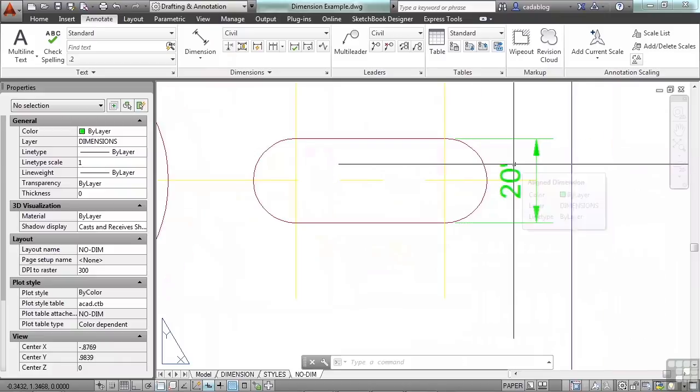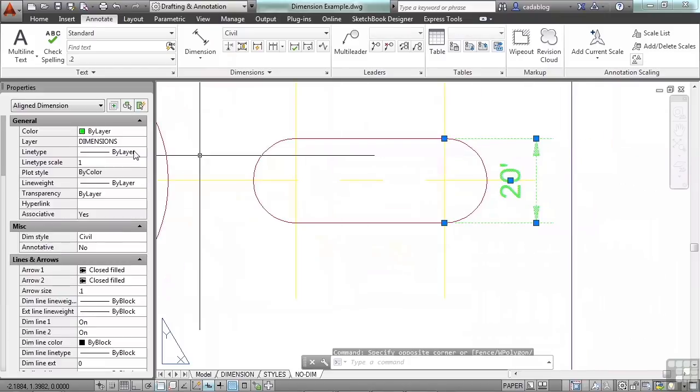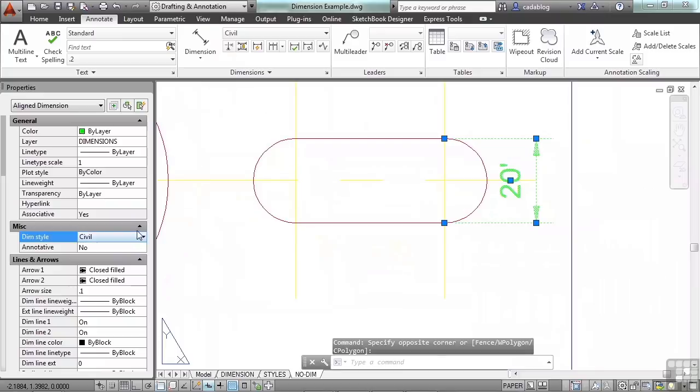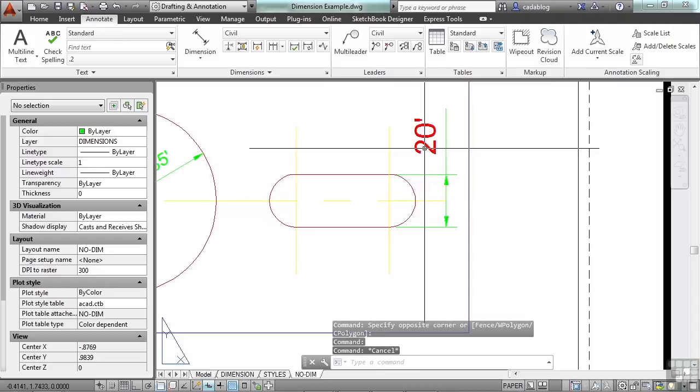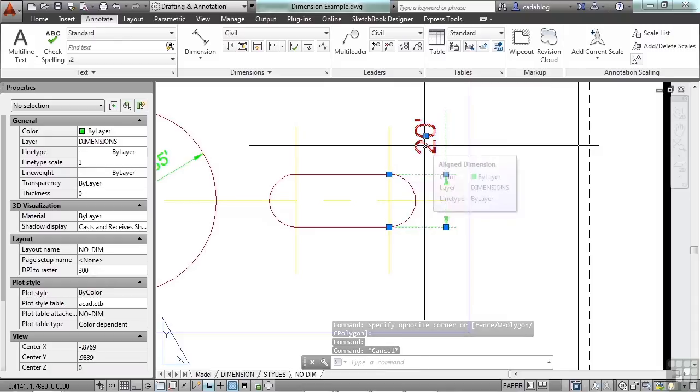We have our smaller dimension. It fits right in here. But if we select it, let's change the style to bold. Now you can see here, because the text is bigger, it automatically pushed the text outside. If we select it,